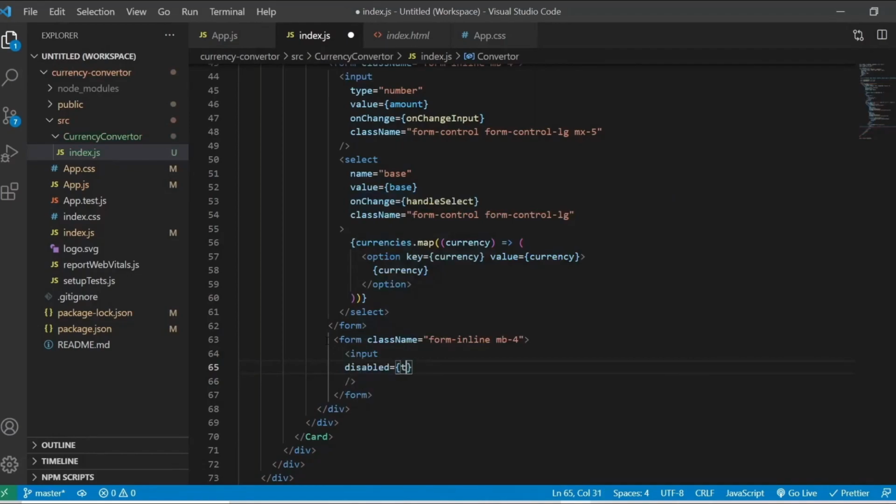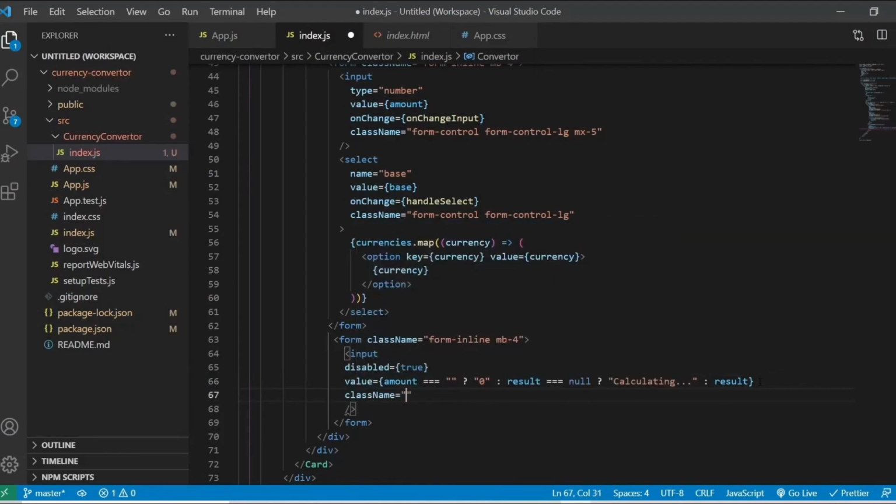And this second input will be a little bit complex here. By default it will be disabled when the application reloads for the first time. So it will be disabled, and I am going to check the value. If amount is equal to empty, then the value will be 0, and now I am checking if the result is coming as null, then it will show calculating. That means it is in process, and then I will show the result here.